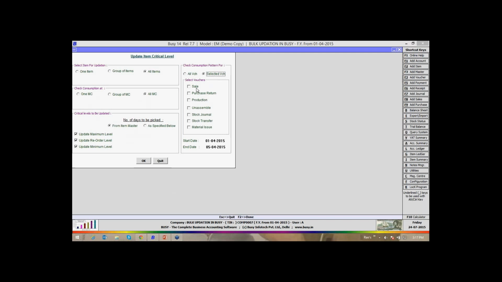Consumption means how the material is removed from your stock. This utility will update the stock on the basis of the consumption. What is the trend of consumption during that period? Suppose during that particular month, you don't know how much stock you want to keep. So you can tell the software to update my stock on the basis of this date range. You can select all vouchers, pick transactions from this date to this date, and specify here how many days of stock you want.